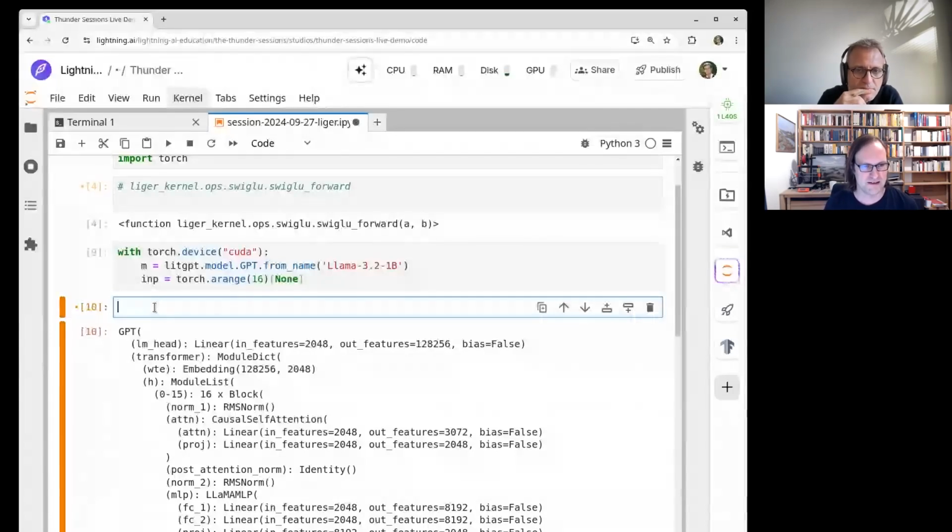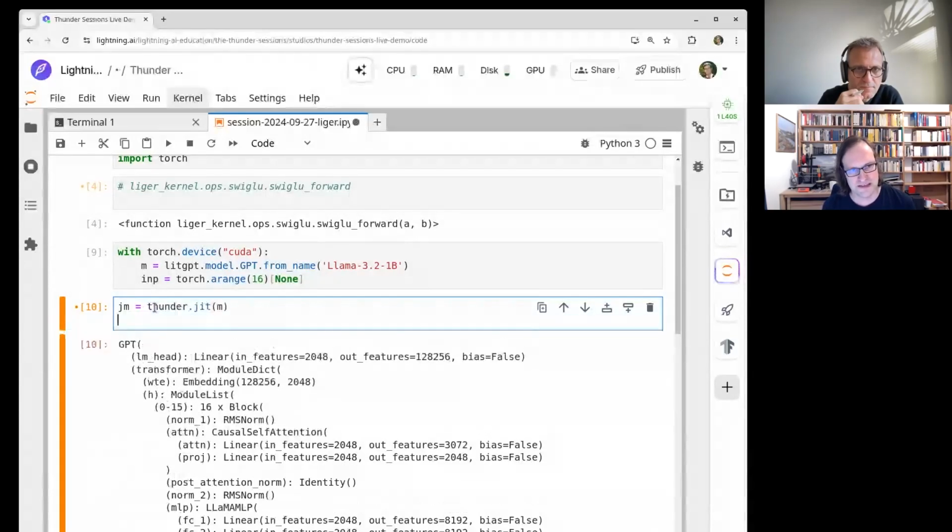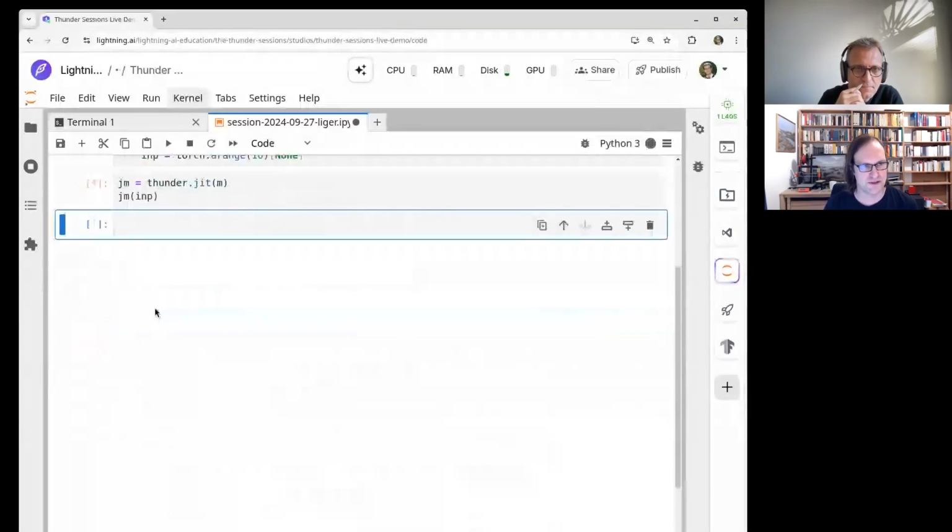Yeah, and if we go into it enough, we see that we can JIT compile it, right? So jm is thunder.jit of the model, and then we can run it with our inputs and see if this works.